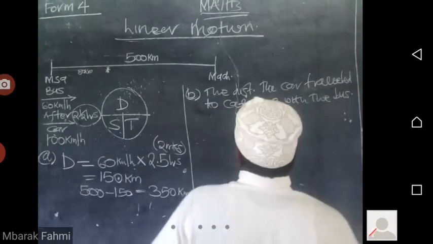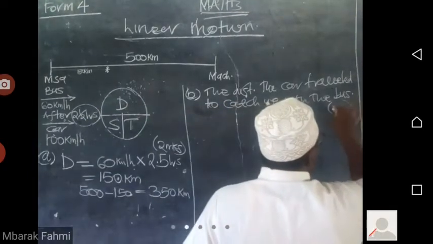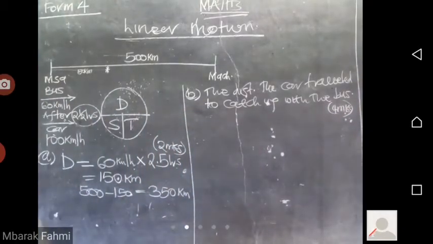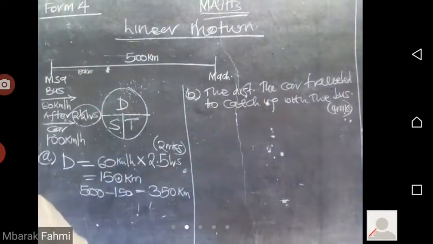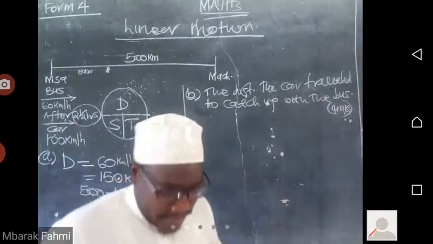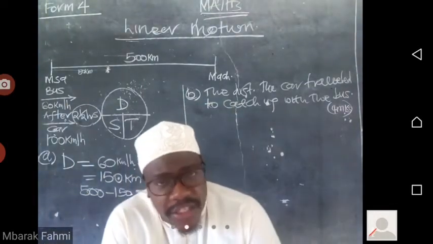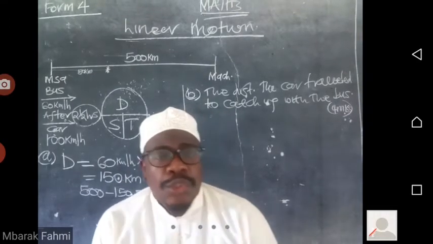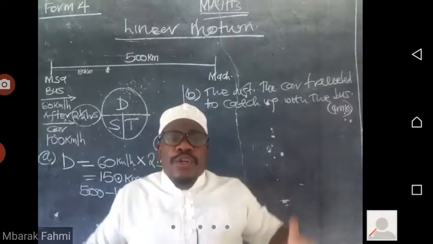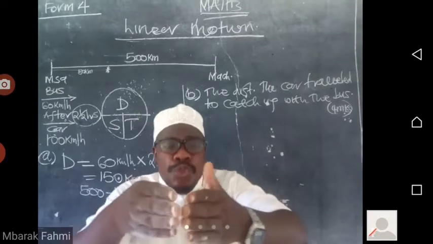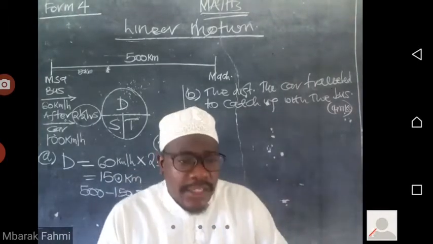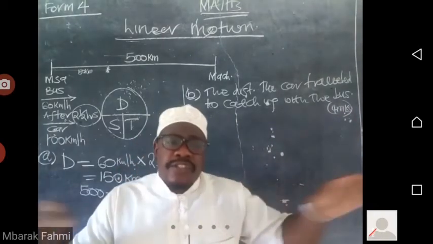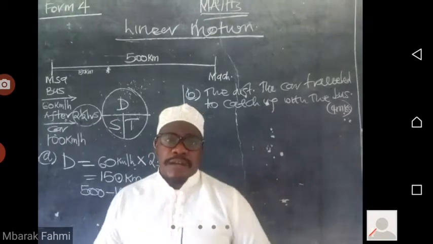Okay, so this is given as 4 months. 4 months. The distance the car traveled to catch up with the bus. Now, for us to calculate the distance covered for the car to catch up with the bus, we need 2 things. Okay, if you want to know when the